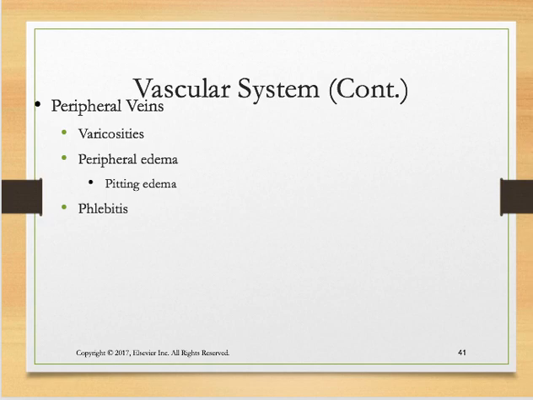Pitting edema is when you actually put your finger, you push it down where the swelling is, and you pull your finger up and it sticks there and you can see that fingerprint. That's called pitting edema. They are third spacing fluid in that tissue for some reason. 1+ edema, 2+ edema, you grade it 1 through 4. And again, I'm going to have you read the notes underneath this. Varicosities are when you have,